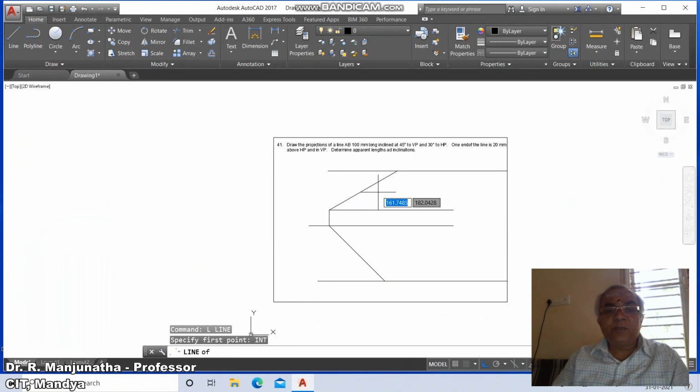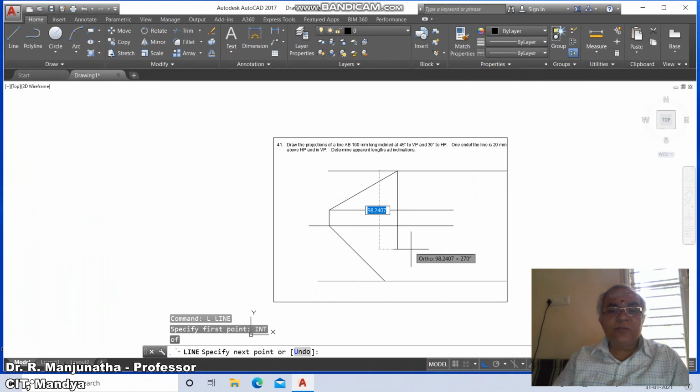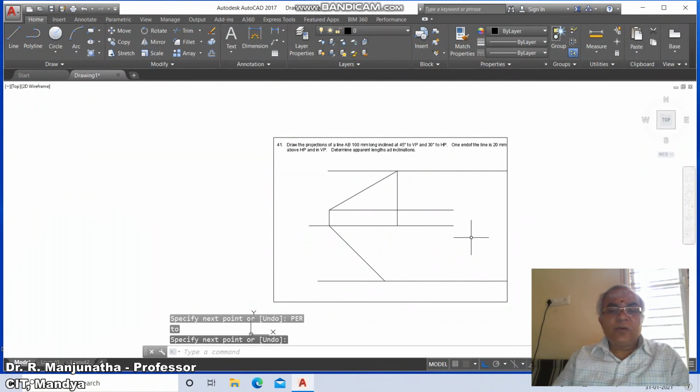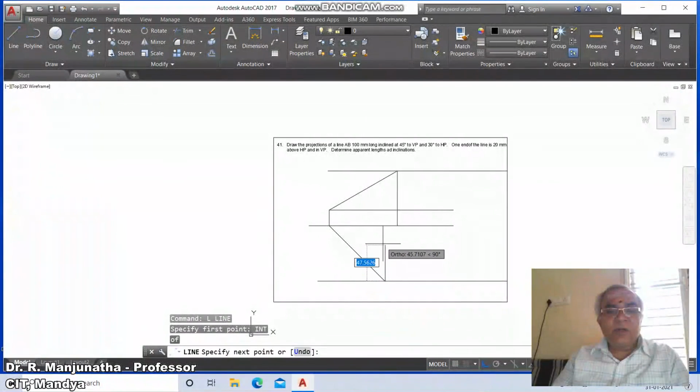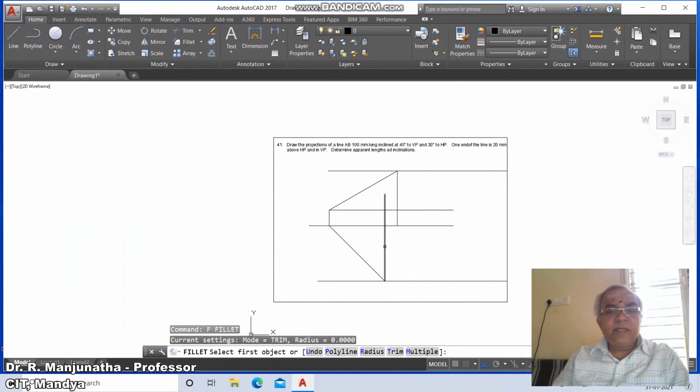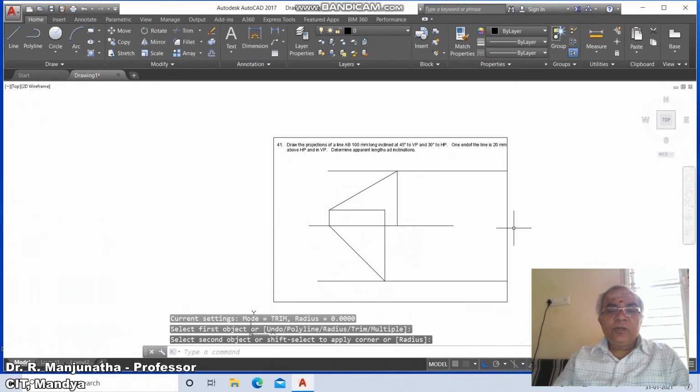Now once you do that, we are going to draw a line from the intersection point, that is, the intersection point of this inclined line and this horizontal line. You just click on the first button of the mouse and drag it till here. So you take perpendicular to this line, you just click over this. This is one method. One more is to go to line and take the intersection point of these two and then draw a vertical line by clicking on the ortho mode such that it crosses this line. You just click on here and then go to fillet and make the radius 0. You just click over this. So now you have this.